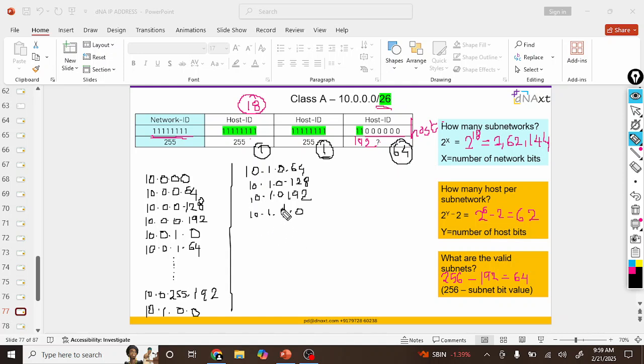So for 10.1, this whole process will repeat till you reach 10.1.255.192, then it will become 10.2.0.0. Okay, this will continue till you reach